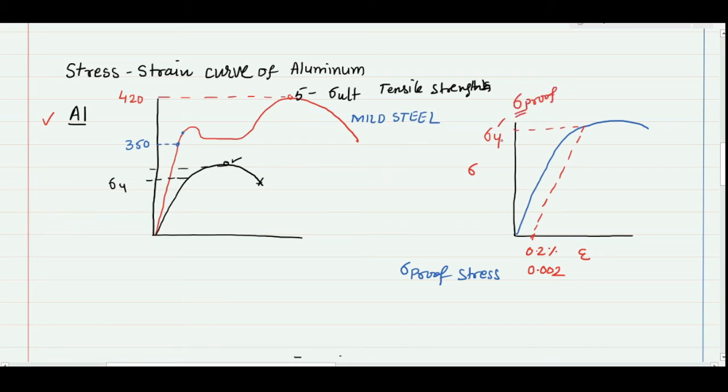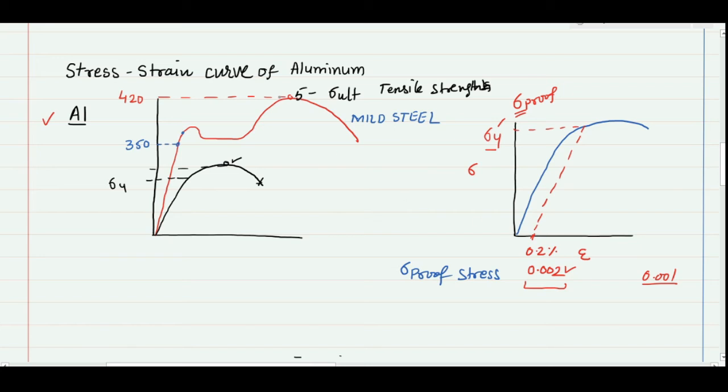And proof stress gives a representation of your yield strength in a material where you cannot identify a distinct yield point and elastic limit. Actually it is only available for steel material. Otherwise in most of the other materials we have to apply this proof stress philosophy to get the yield strength, and that is corresponding to your 0.002 strain value. Sometimes it is also 0.001, but normally if a question comes you have to select this 0.002 strain value.